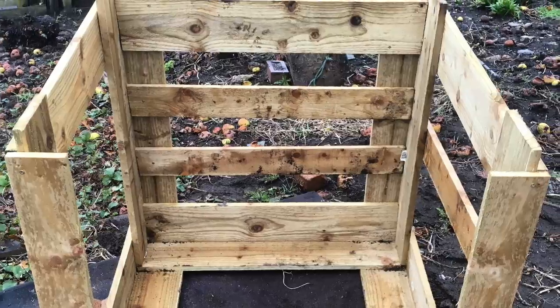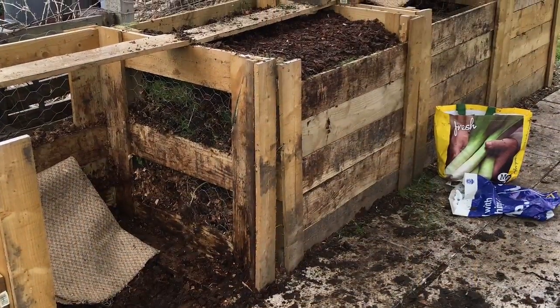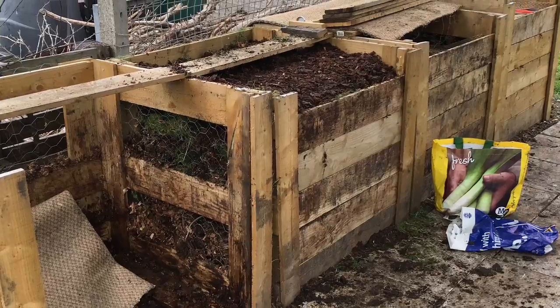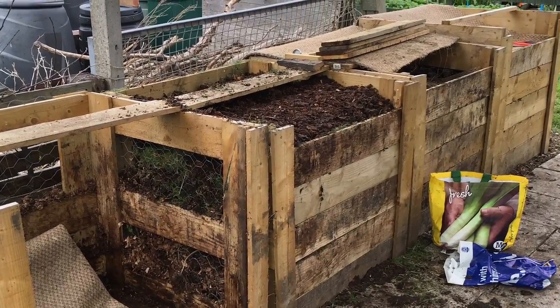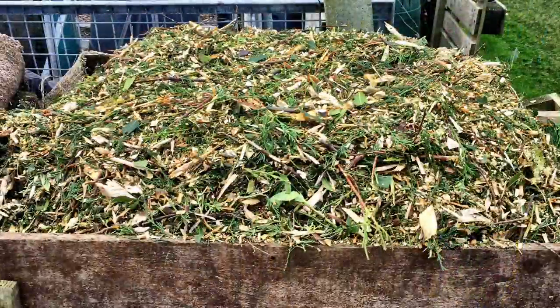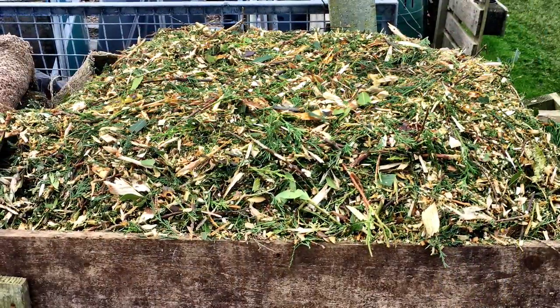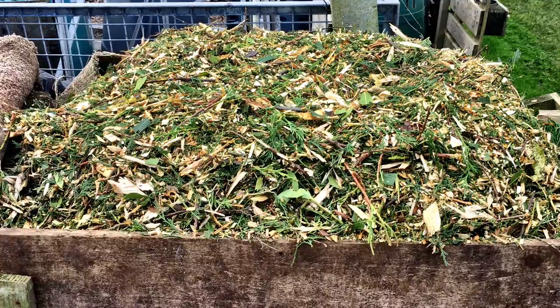When I started off on my plot, the first thing I did was build a compost bin, and then a second compost bin, and then a third compost bin, and then a fourth compost bin, and then we added Dalek bins, and we keep on adding Dalek bins to the other plots. Composting is a huge thing for us, and we like to add rock dust to the compost and seaweed off the beach to the compost, and we also add supplemental seaweed which we buy